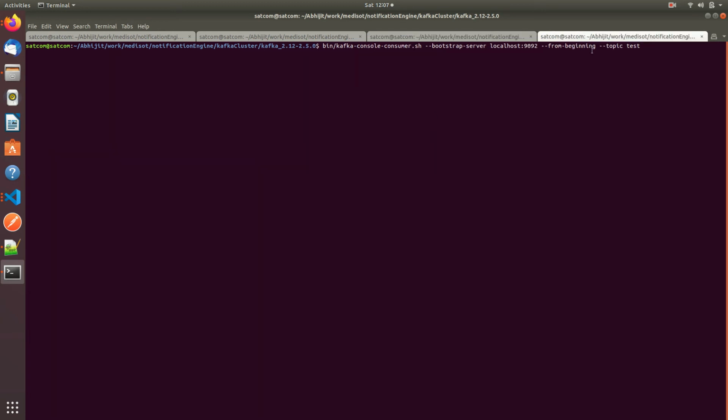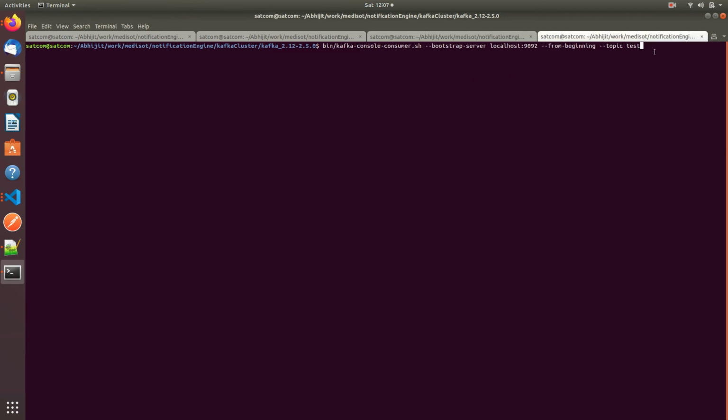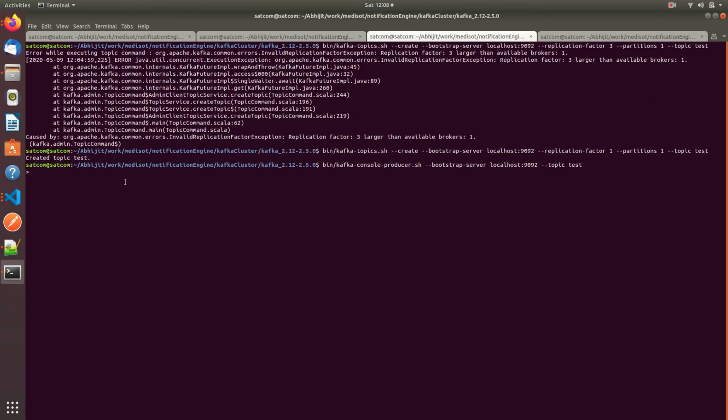Here you can see that it will work like magic. It will produce. Right now there is no message. I have entered here, so now you can check. Let me write, I am working on Apache Kafka cluster setup.